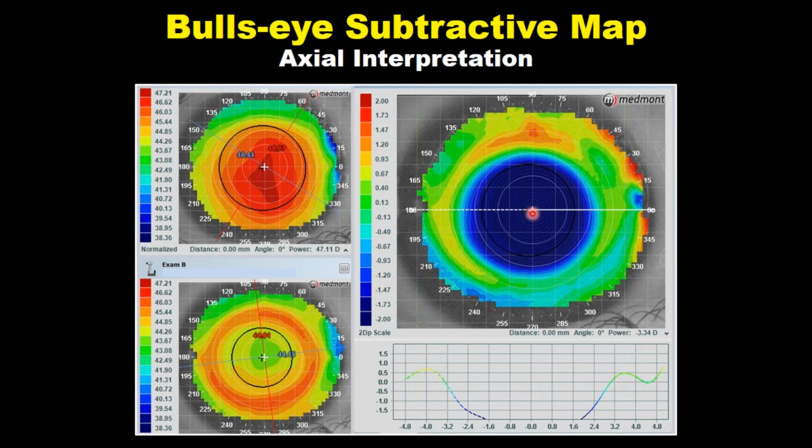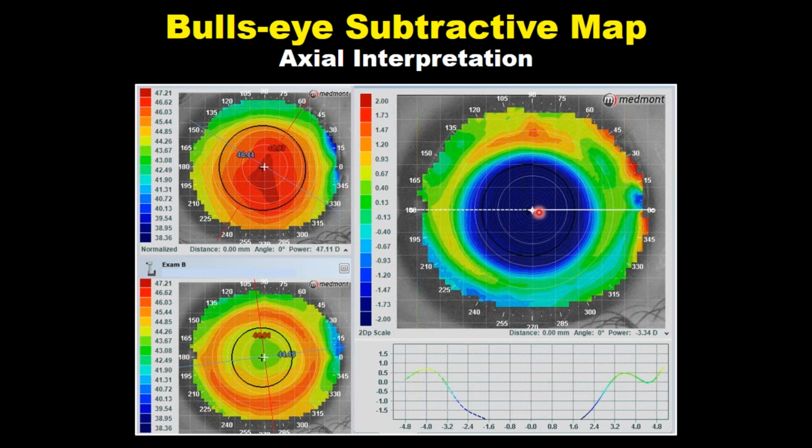Next, we can click our cursor in the center and we see the RX change is approximately 3.34 diopters. So this patient had both a well-centered treatment zone as well as an effect of 3.34 diopters myopic reduction in